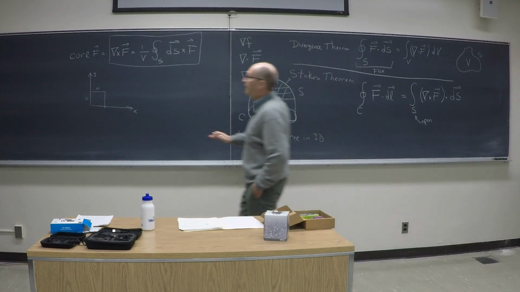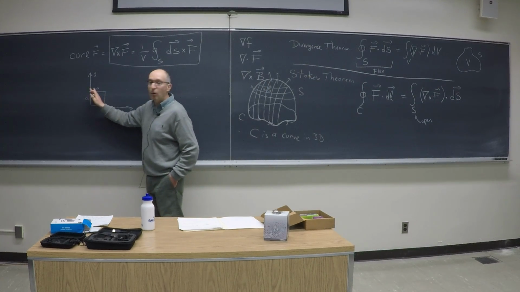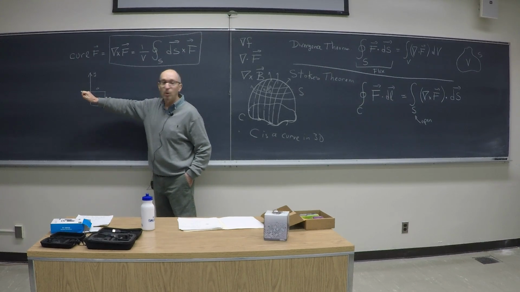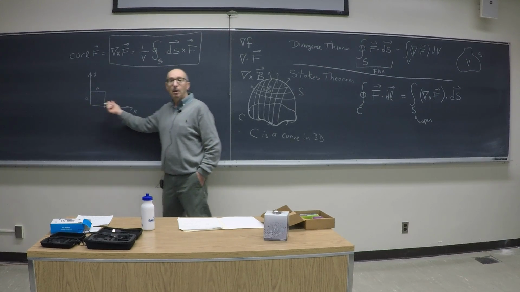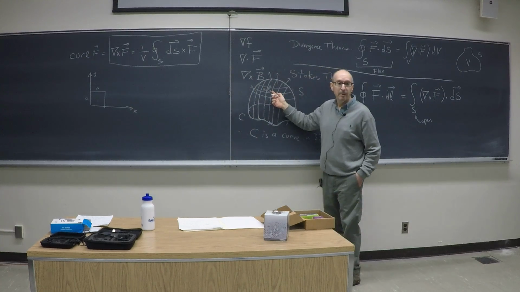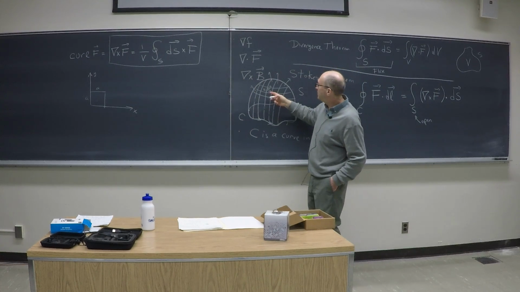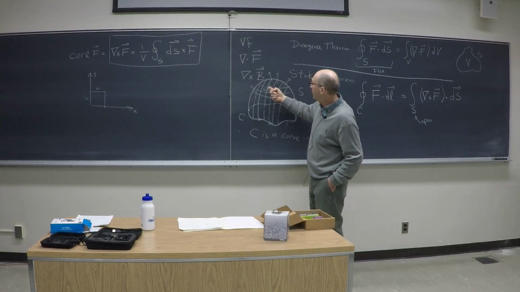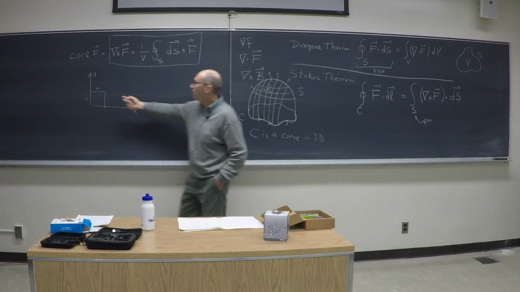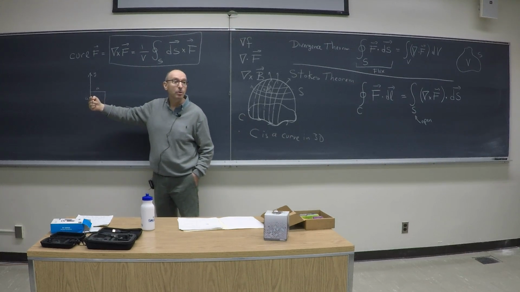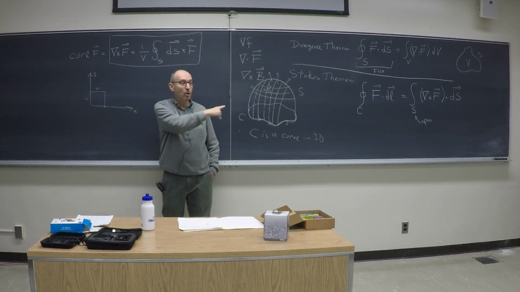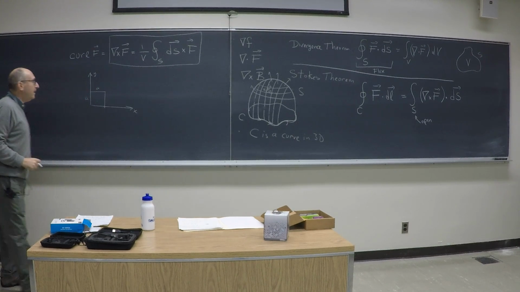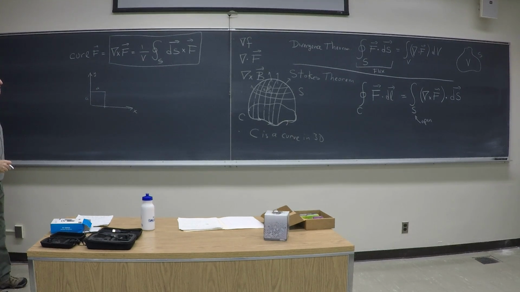So the point then is that when I go back to this little patch that is flat, whether the dS will point up or down depends on where I took it from. Okay, so if I look at this picture here and I decide that my x is here and my y is here, then clearly, according to that picture, the dS is going to be in the z direction. Okay, but you need to refer to the global picture to be able to tell that. Okay, so then I take